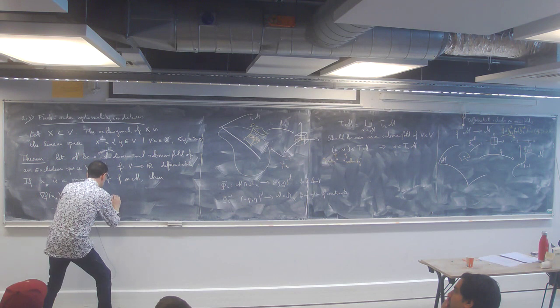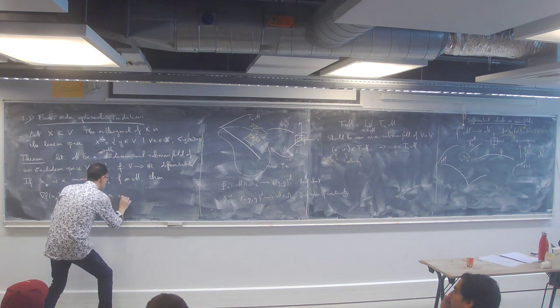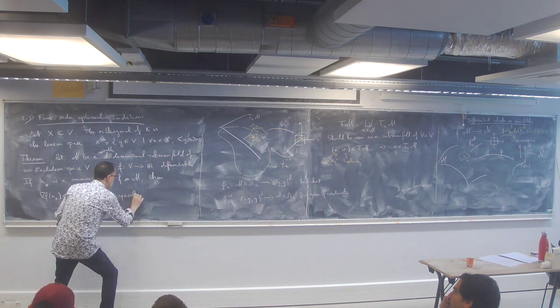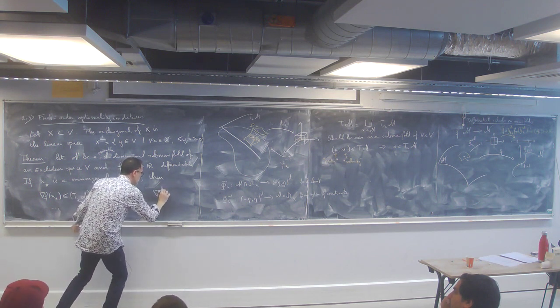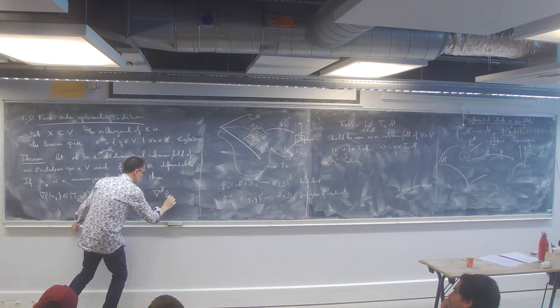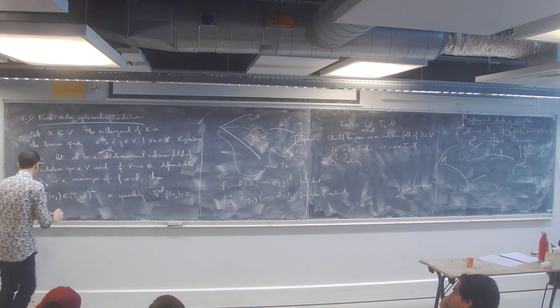Or equivalently, the gradient with respect to the manifold M of f at x star is equal to 0,